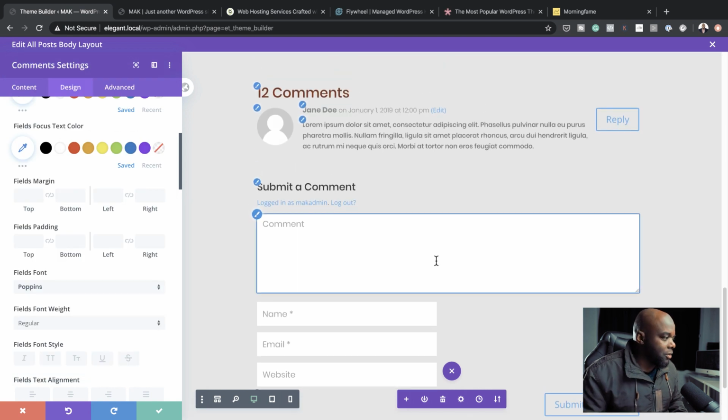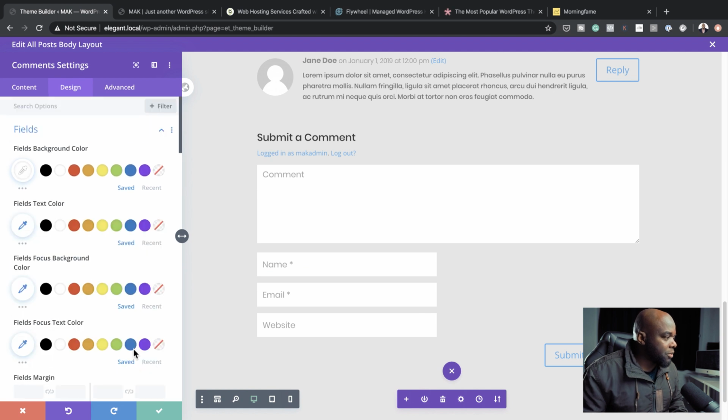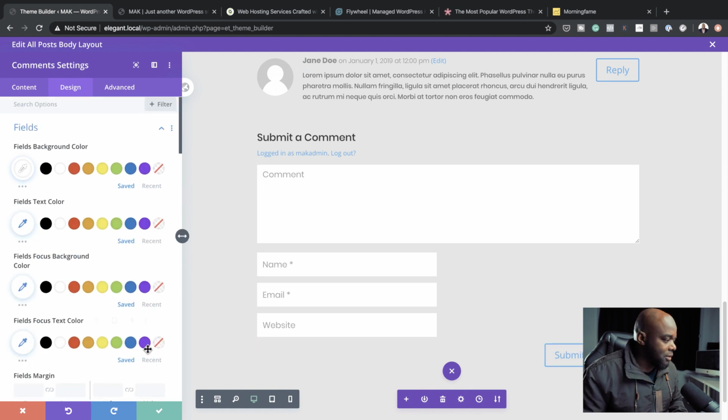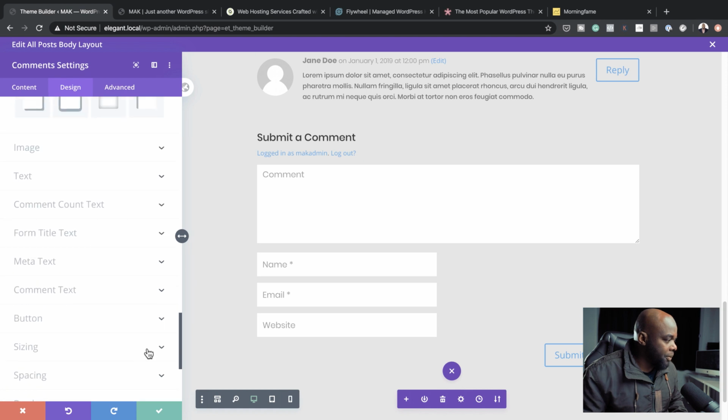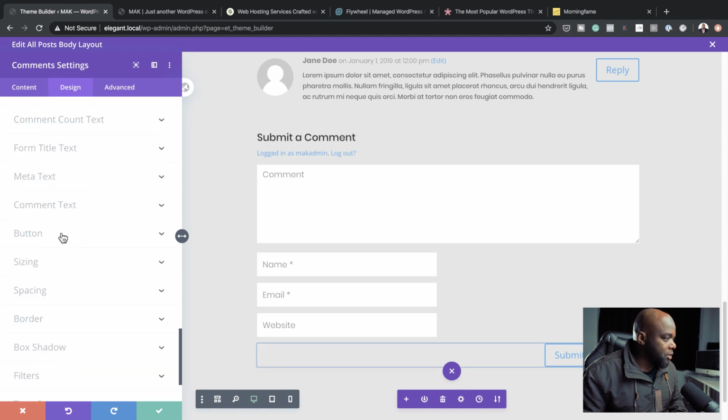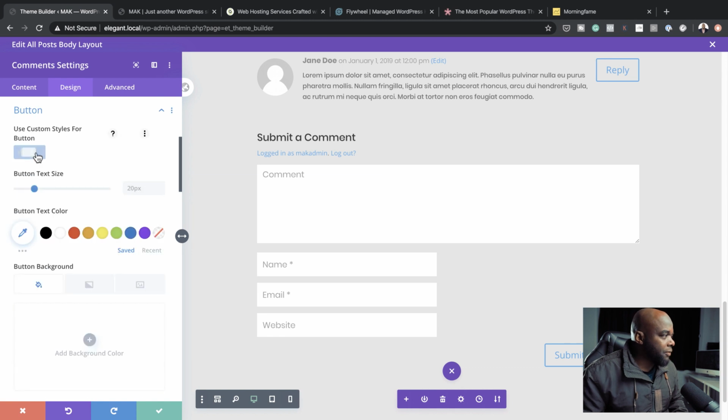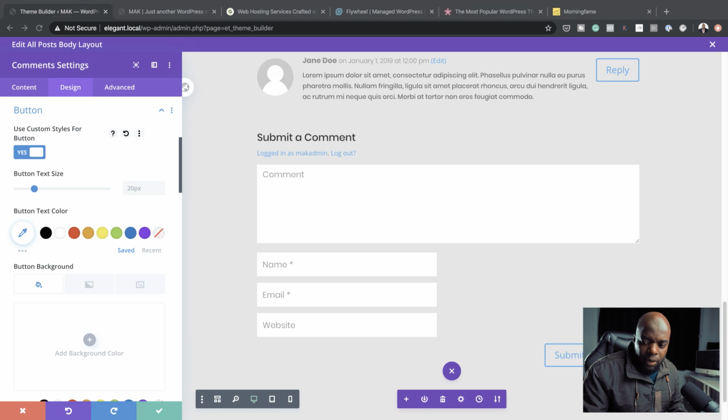So that's looking great. Next, what I can also do here is to change the buttons. So I'm going to scroll all the way down here. Let's see where we have our options to work on our button. So here it is. I'm going to click on button, activate use custom styles for button. So by activating that, it means we can now go in and